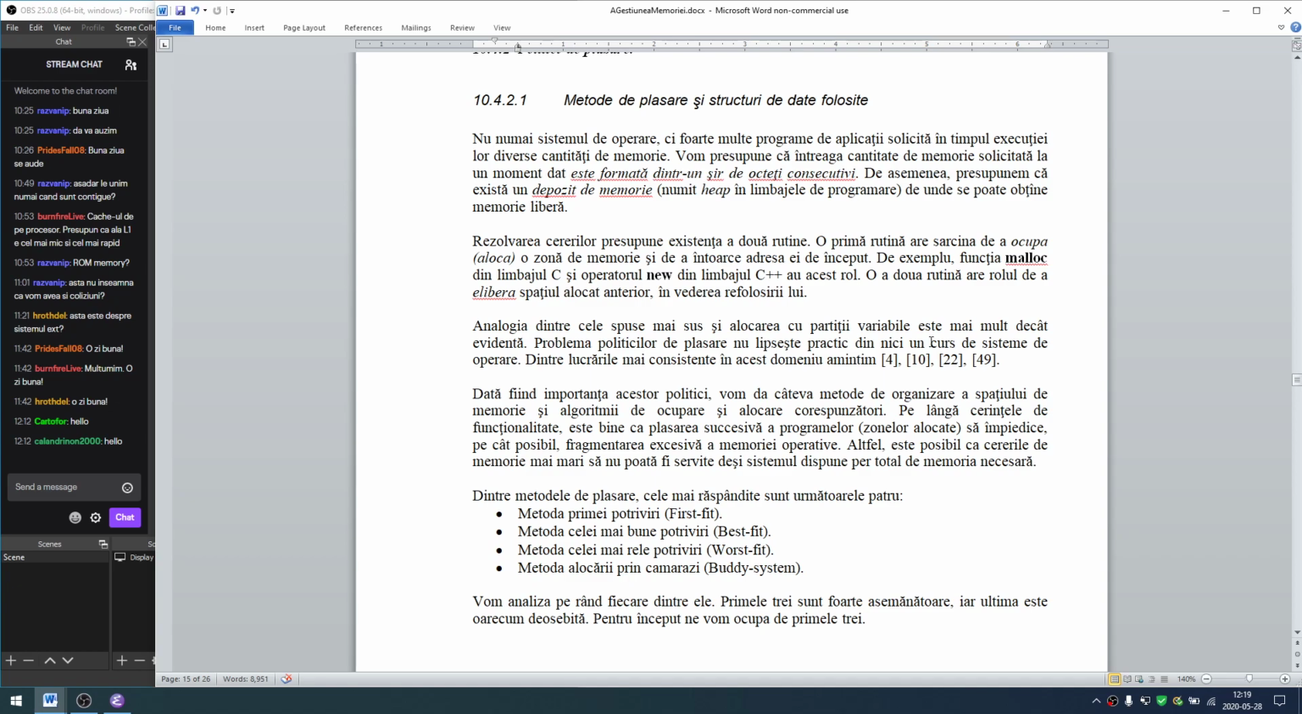Because the process may want to allocate memory, right? Where would it be allocated? How do you keep track of free memory versus allocated memory? How do you do that? How do you implement a malloc? So